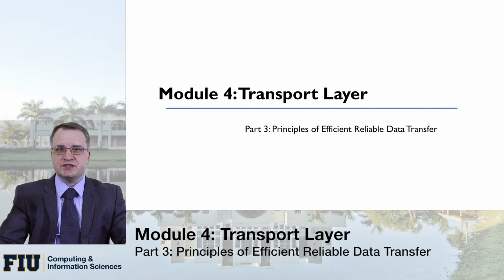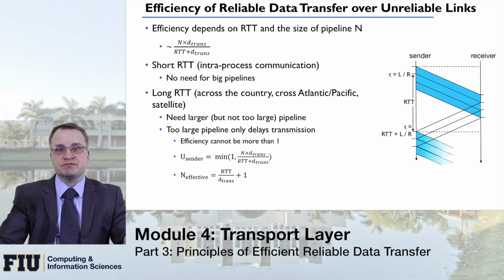In this lecture, I will continue our transport layer discussions, and specifically we'll talk a little bit more about efficiency of reliable data transfer. Last time, in the last module, I mentioned that implementing very simple reliable data transfer over unreliable links, if we just have one single packet, can result in very, very bad inefficiency. And I showed you it's on the order of 0.0-something percent efficiency if you send a single packet over a reasonably high RTT link, and highlighted that